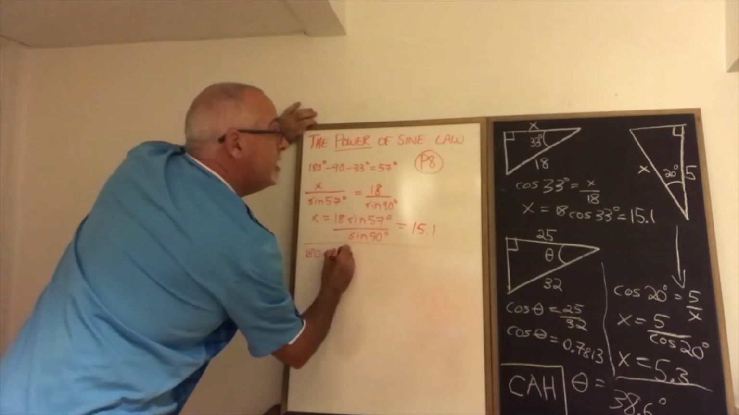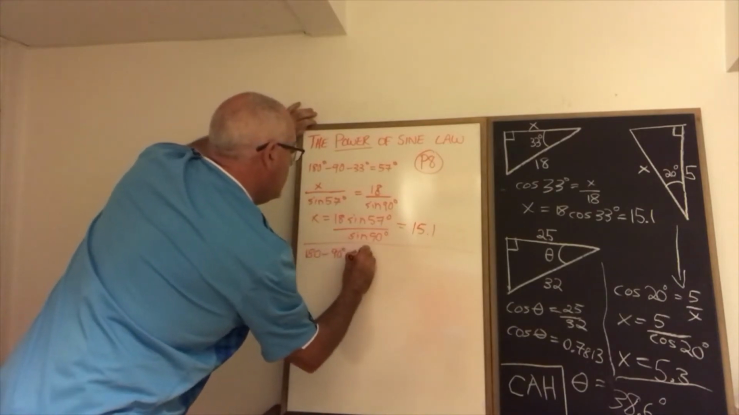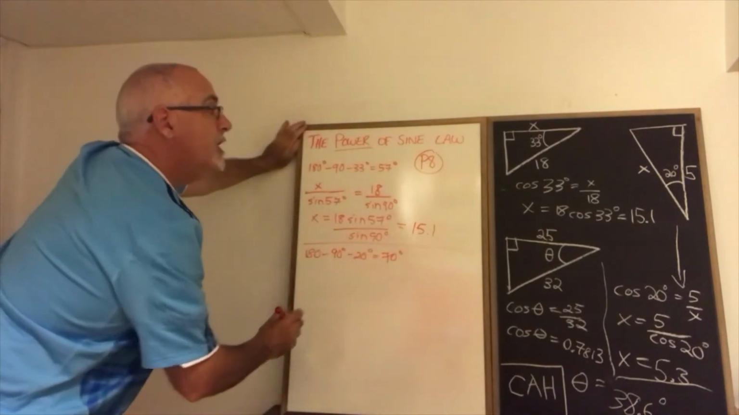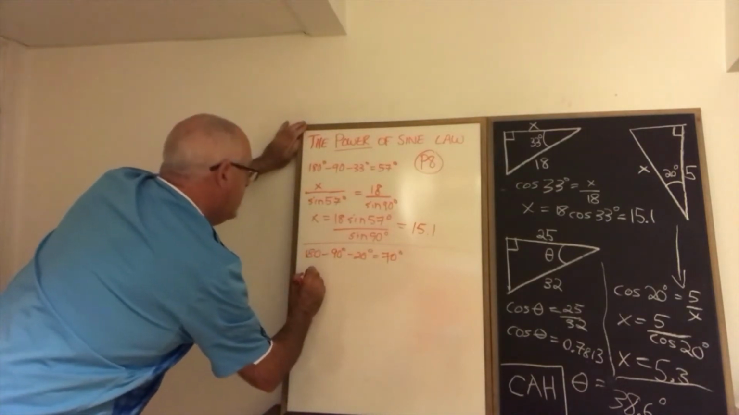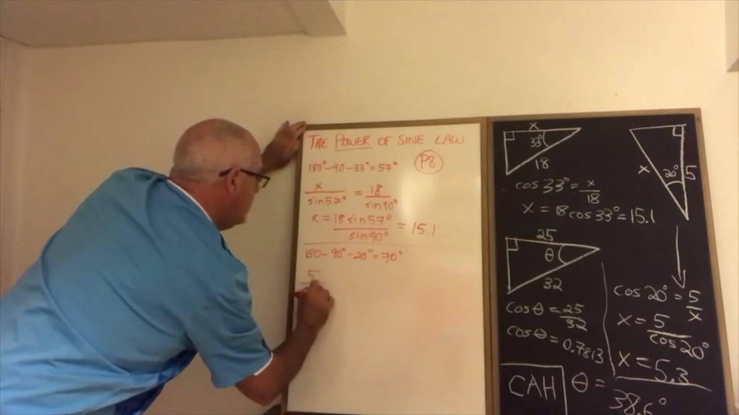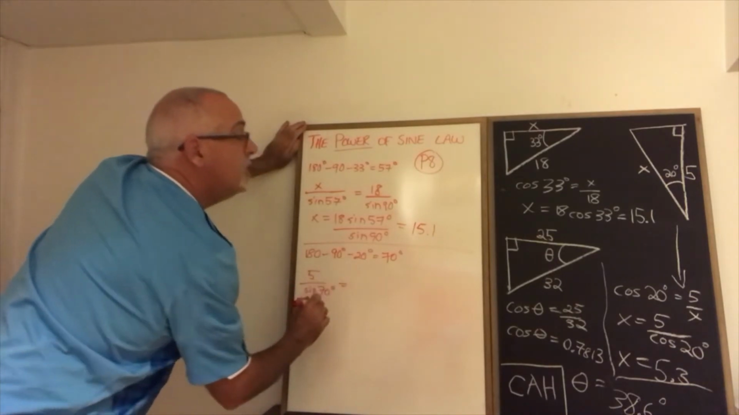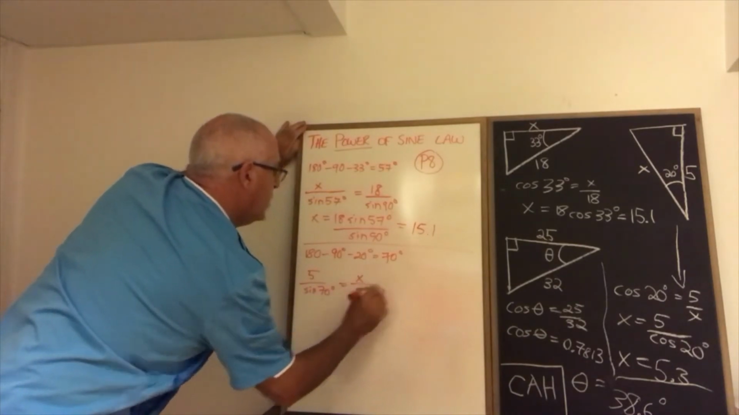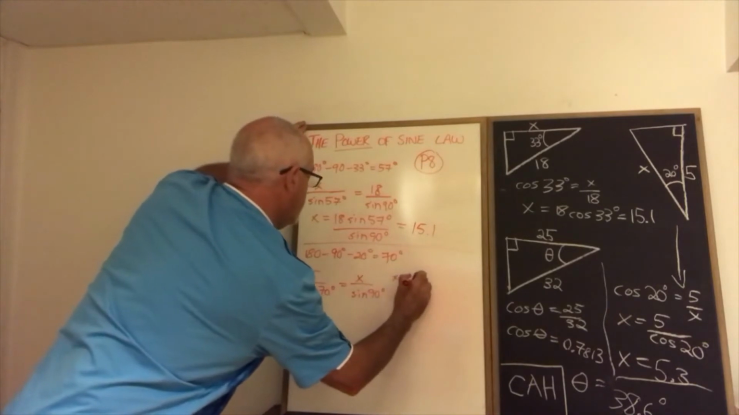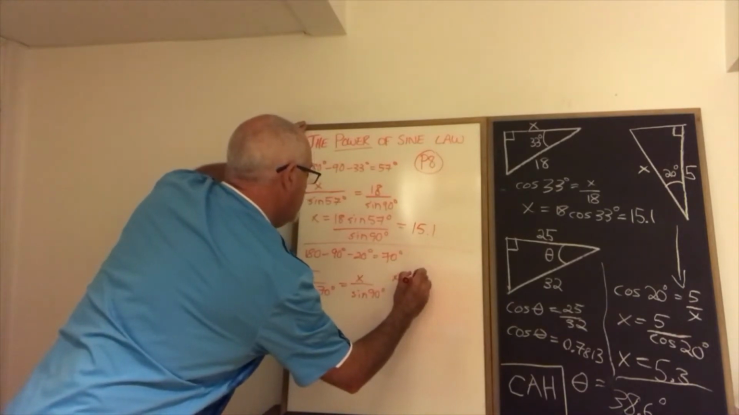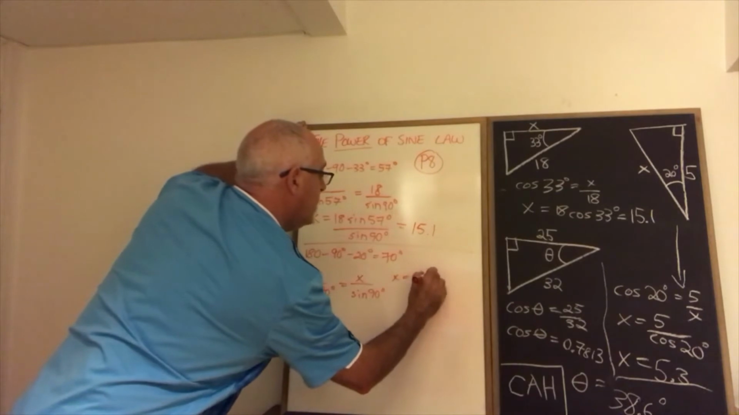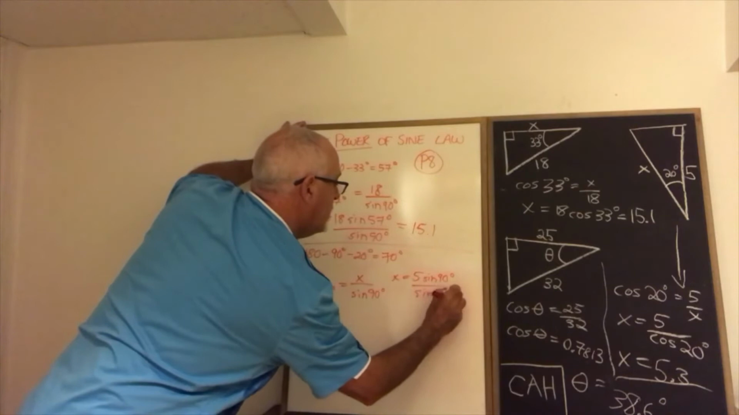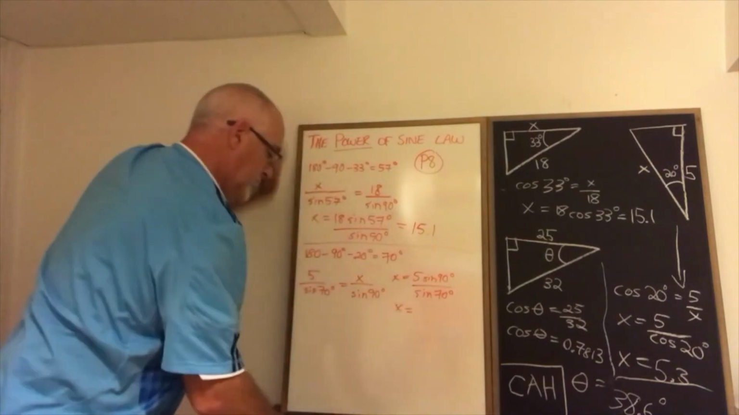180 minus 90 minus 20 is equal to 70 degrees. Applying sine law, 5 over sine 70 must be equal to x over sine 90. X is going to be equal to 5 times sine 90 divided by sine 70, and x is equal to 5